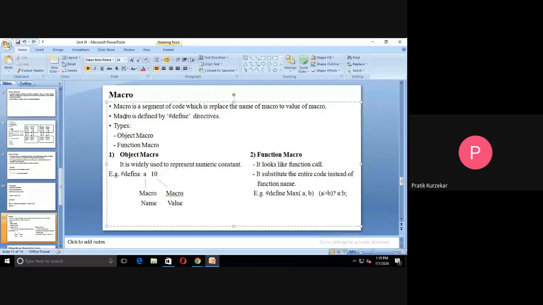A macro can be defined by the #define keyword, right? That #define keyword will define a macro. After that, for the object macro,